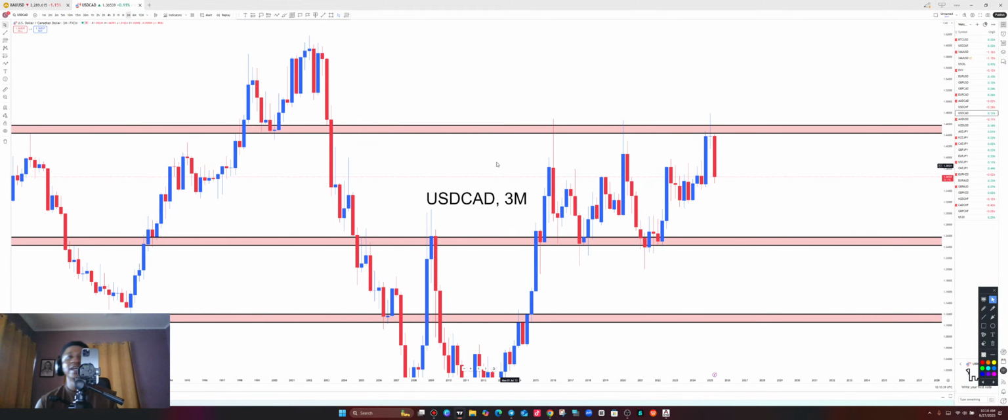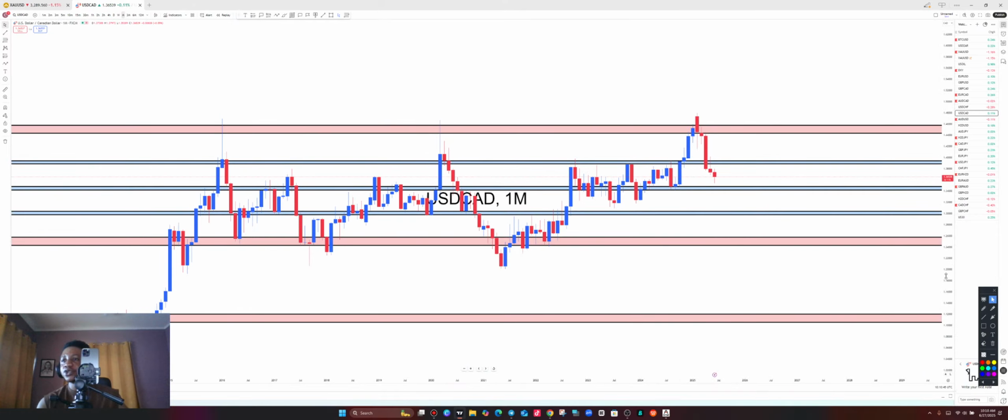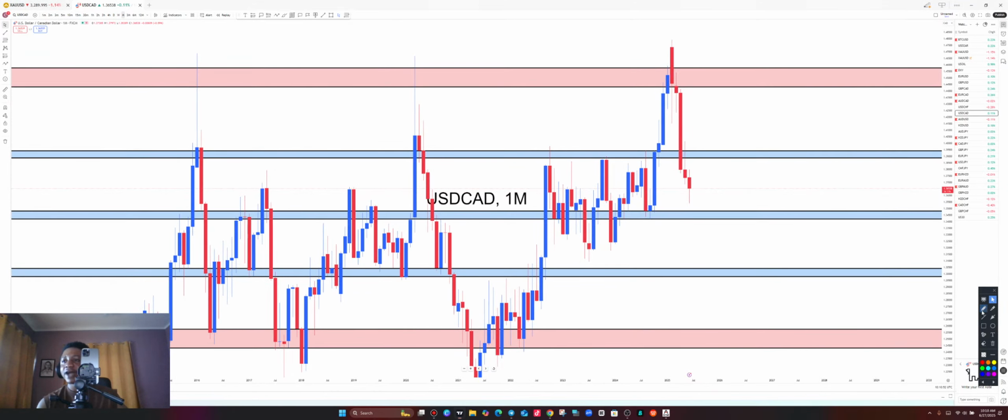All right, so USD CAD, let's take it again to the monthly time frame and add more meaning to this analysis. All right, so this is USD CAD on the monthly time frame. Let's put meaning into the monthly very quick and then move to the next pair. Now, the monthly, we have the upper zone, the middle zone, and then the lower zone right here as well. What has happened in the monthly? We are seeing that there's been a strong level of sell pressure from the 3 months resistance level, which has broken below the monthly support level over here. So this is what? A push or a break below the monthly support level.